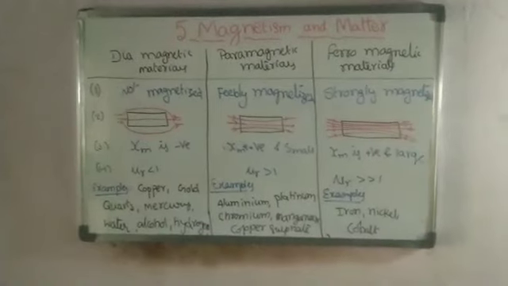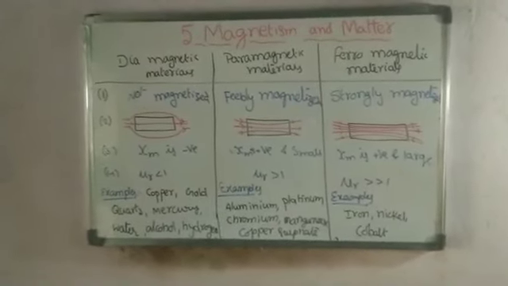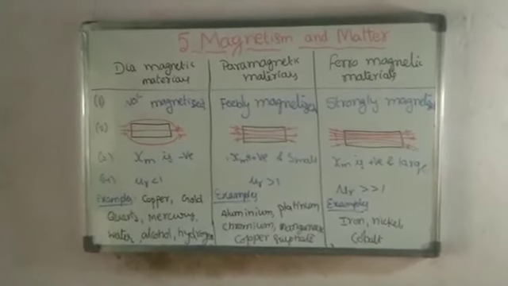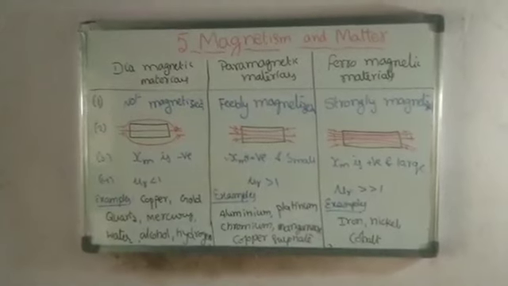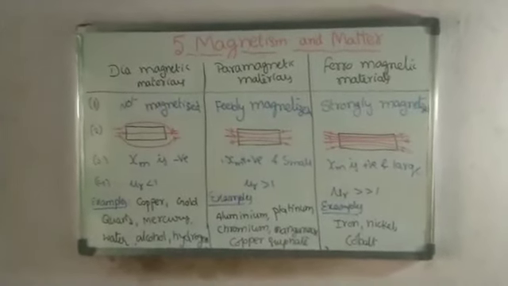Okay, so in this chapter we have only two 5 mark questions. One is the bar magnet as equivalent of the solenoid, or solenoid as equivalent of the bar magnet. Next one is write the properties of ferromagnetic materials. They are going to ask these two questions as 5 mark questions. Okay, now once again see the differences.